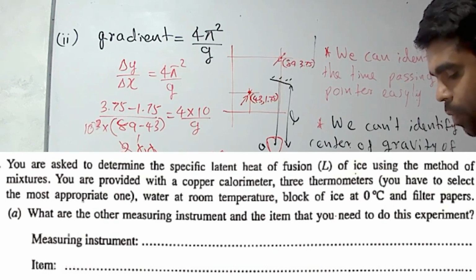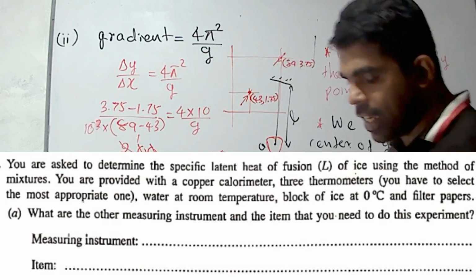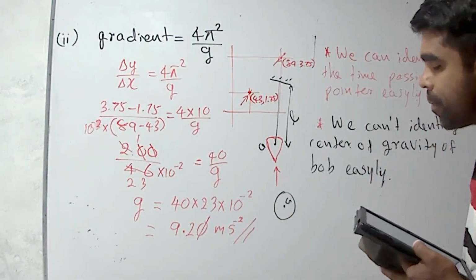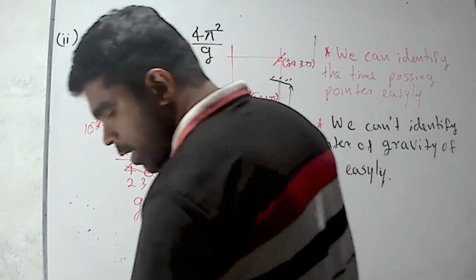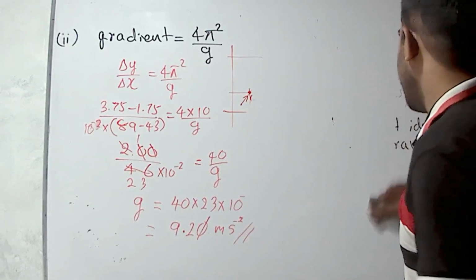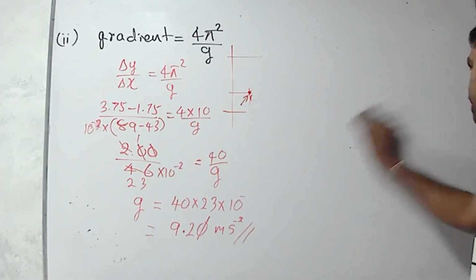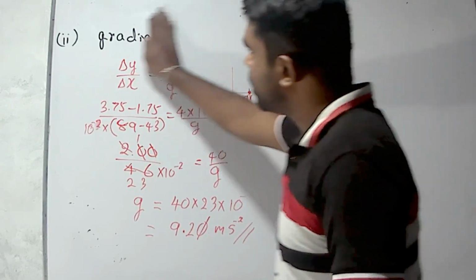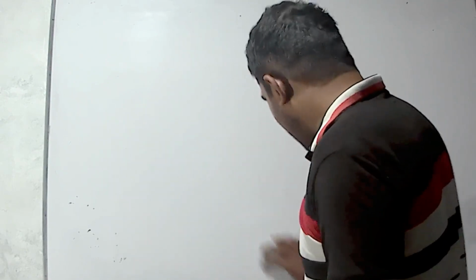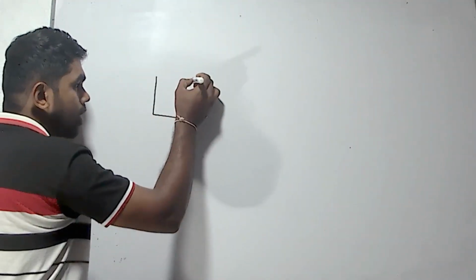Part A. What are the other measuring instruments and items that you need to do this experiment? Then during the experiment, I will describe how to do the experiment. When using the mixing method to find the latent heat of fusion, we have to get a calorimeter and